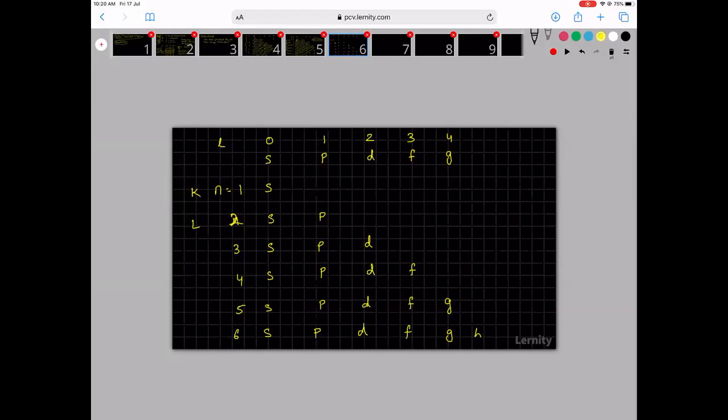Now, according to the Aufbau's principle, please write it. Please write it 5 times. If I am telling 5 times, please write it 5 times. So only you will learn. According to Aufbau's principle, the first electrons go to those which have the least energy. Energy is given by the n plus l rule.